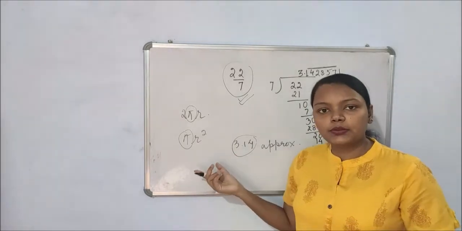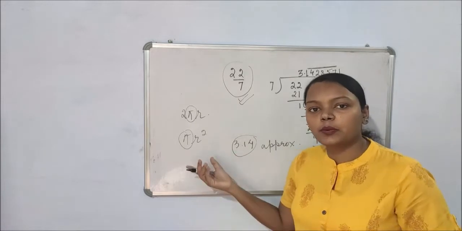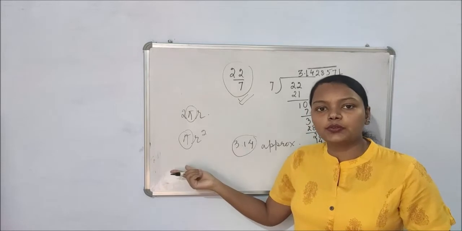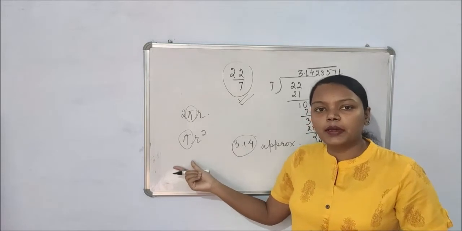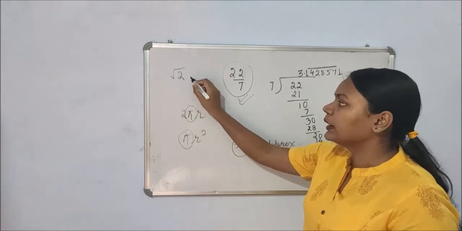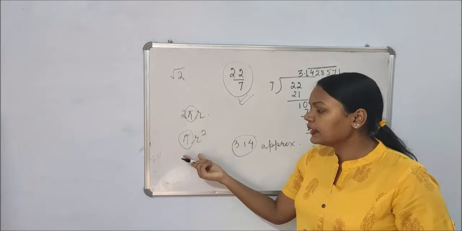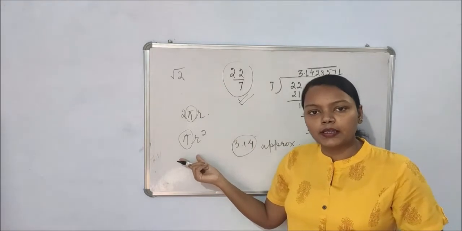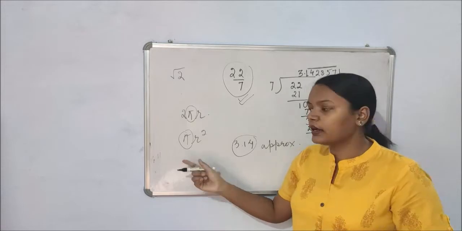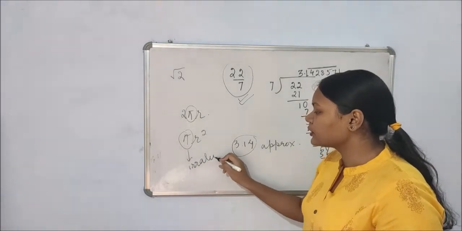Now what is this actual value of pi? Many mathematicians and philosophers have worked upon this value of pi. In higher mathematics, you would learn the procedure to find out what is the value of pi. Just like we had the value of √2 by long division, which was an unending decimal expansion, same way we have the value of pi as well. Therefore, we consider pi also as an irrational number.